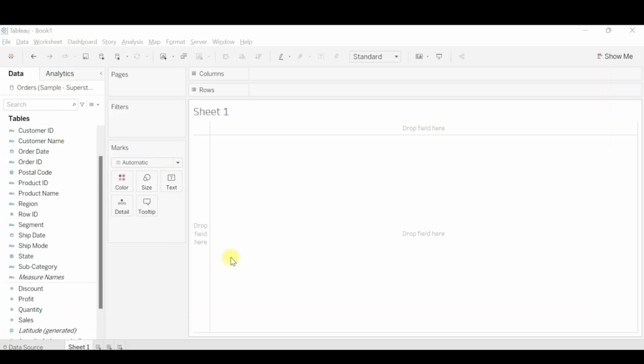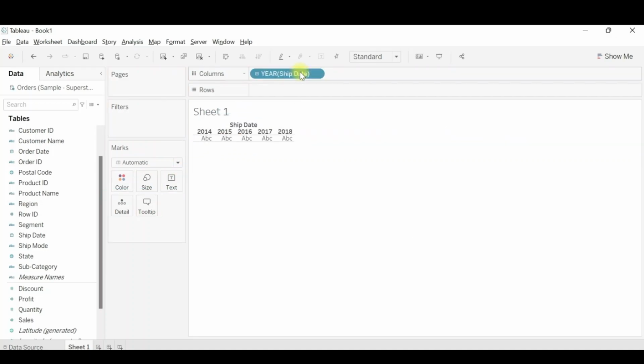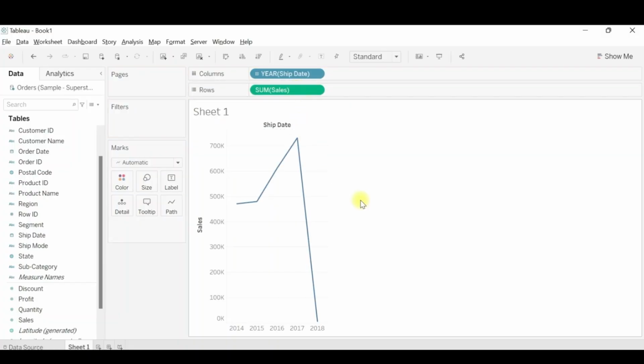So the requirement says that we need to analyze the date-wise sales. So when I say date-wise sales, that means the column would be the ship date. Let's pick it up and drag and drop it into columns, and the measure going into the rows would be your sales. So if you notice, by default the date is being shown in the form of year,